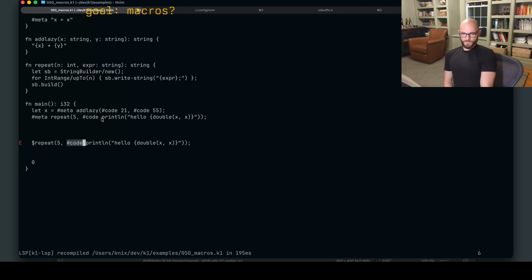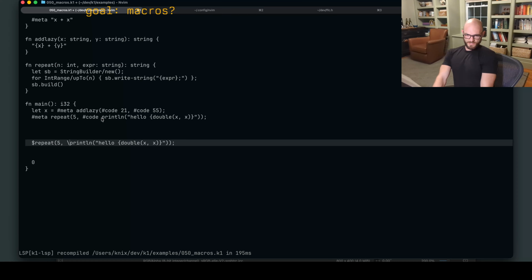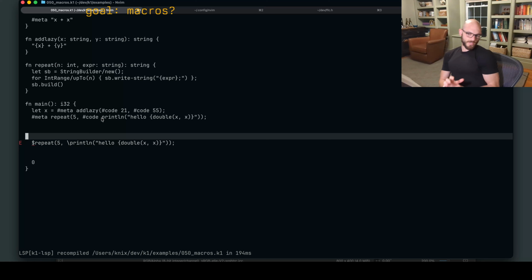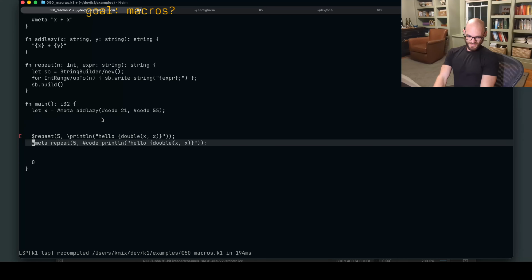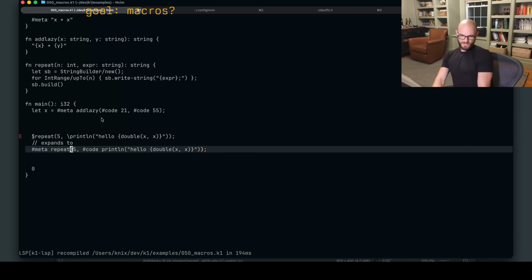And then we just need something better for this to escape the code. And, you know, backslashes are used to escape things. And backslash doesn't mean anything right now in the language. So we could write this, which ironically expands to this. So it's just sugar for the directives we already have. Two very simple directives.